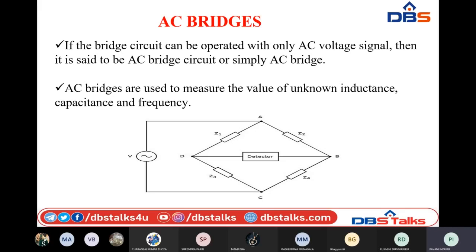Similar to the DC bridge, we have 2 junctions available in the AC bridge as well. Between the A and C junctions, we are going to apply one alternating current source, and between the other junction, that means between the 2 points C and D, we are going to connect one detector for detecting the voltage variations, which is calibrated in decibels. That means this detector is going to operate at the RMS, root mean square value of the alternating current signal. So this is the general construction of AC bridge.